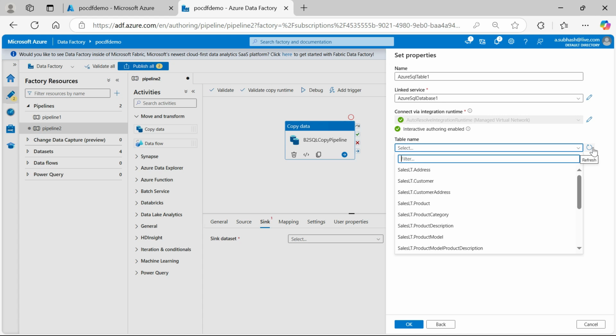So the practical is to copy the CSV data from Azure Blob to Azure SQL. We have the CSV file already there in the storage, in the blob storage. Now we need to have that data copied to somewhere in the SQL database. But where? The table is already there. We just need to pull the data. So select the table,